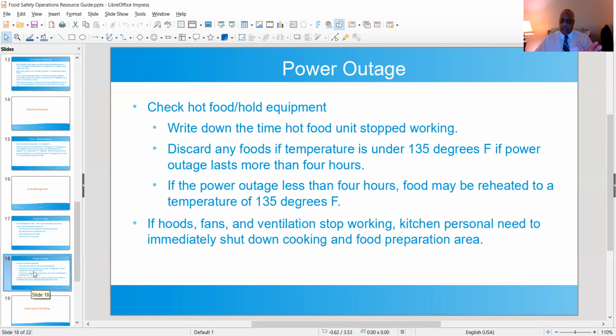Now, for the hot side, and when I talk about hold equipment, basically talk about your steam tables. Write down the time the food or the hot food unit stopped working. Now, if any foods